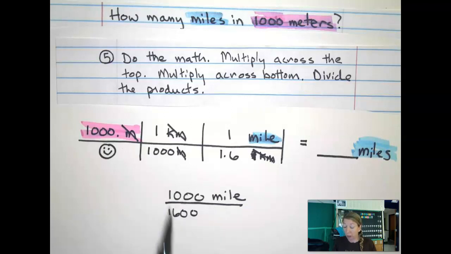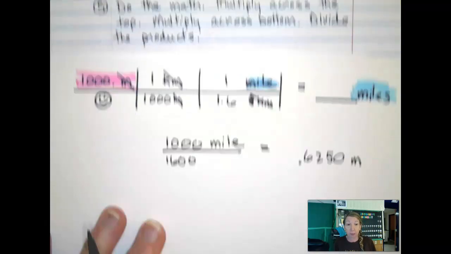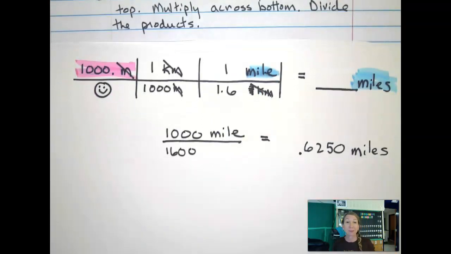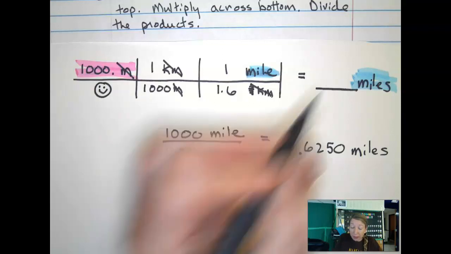So now I just do 1,000 divided by 1,600, which is 0.6250, and I'm going to write my units, miles. And that is the answer,